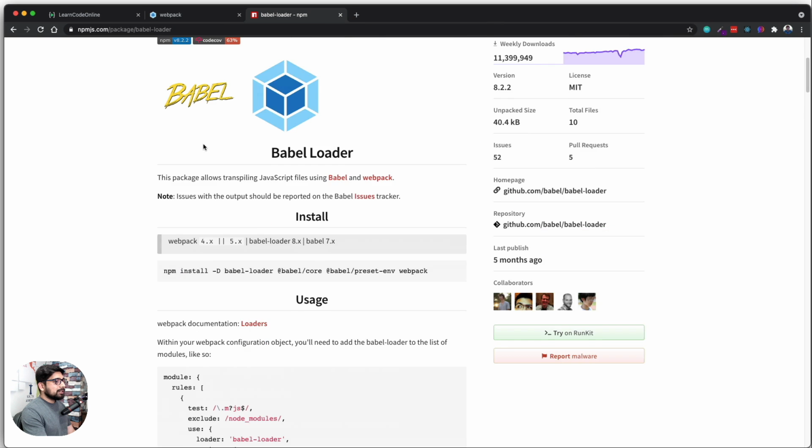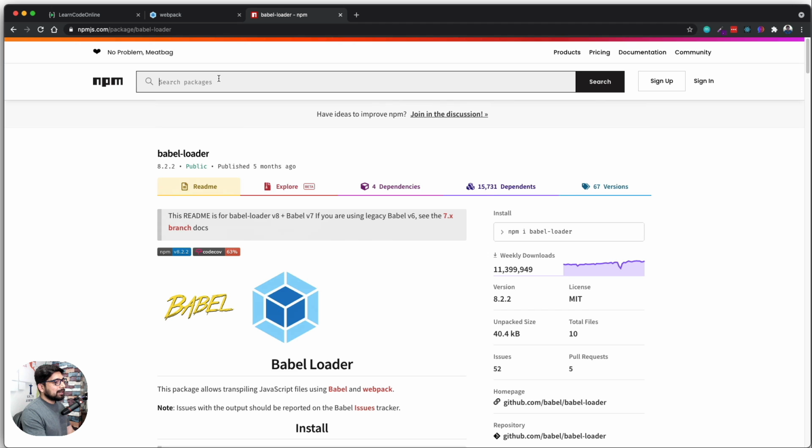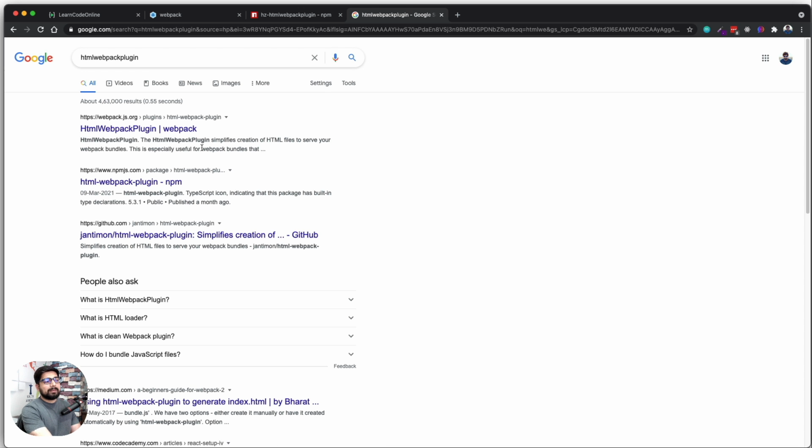And just like loaders, these plugins are prefixed by the plugins, so it's pretty common for them as well. So HTML Webpack plugin, yep, that's the one. No, I don't need that, I need this one. Okay, somehow I was not able to find that on npm.js, so I went on